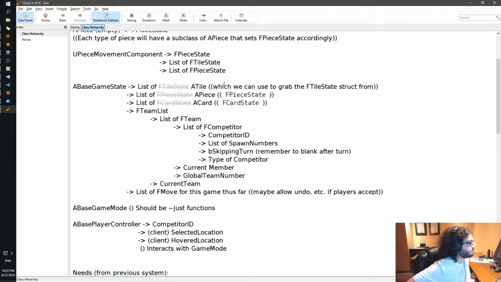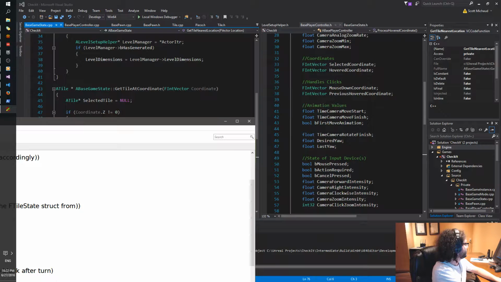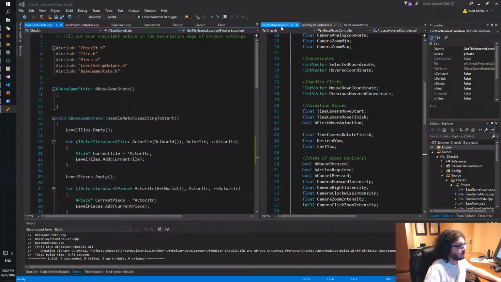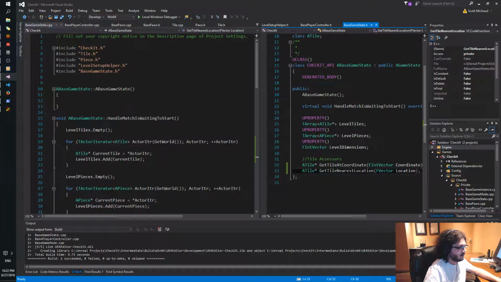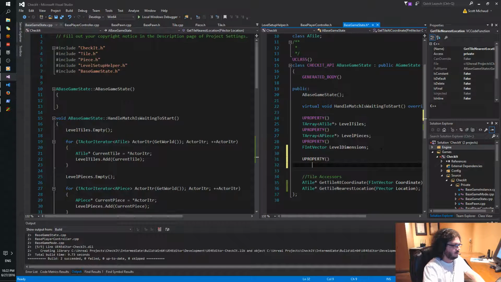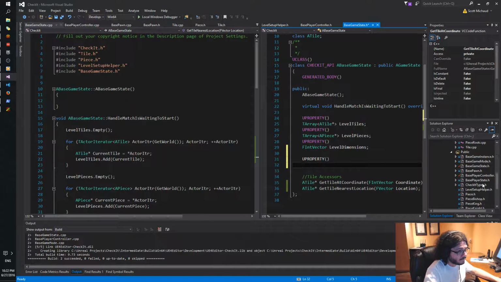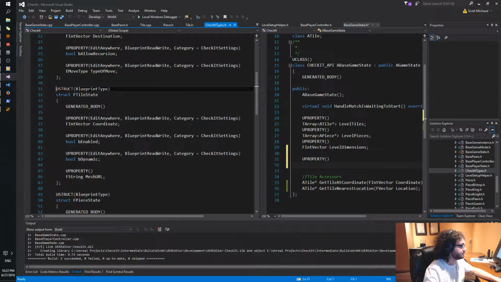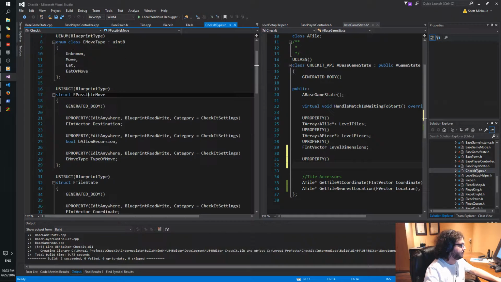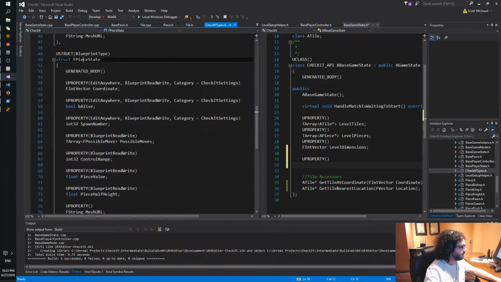So let's go here and set up our listings. We have checkout types already, right? Yeah, we do. Possible move, tile states, piece states. And then we'll have